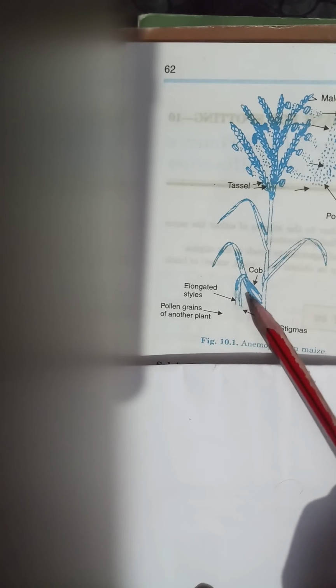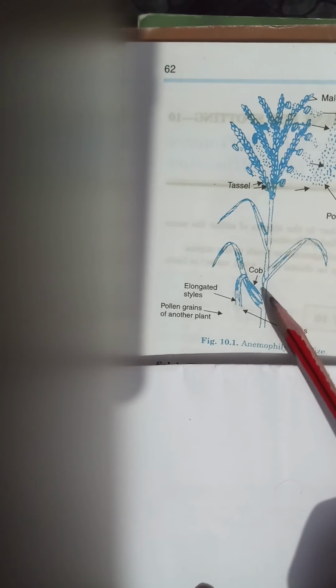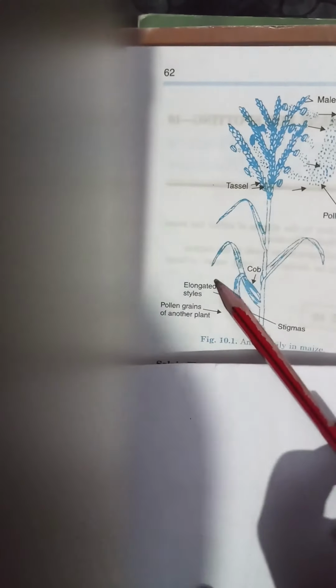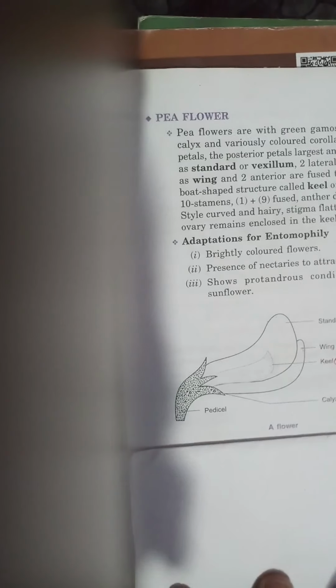Anthers are versatile and pollen grains are light, small and dusty. The pollen grains are produced in very large number. You can see large number of pollen grains are produced here in the diagram. And stigma is hairy, so it easily catches the pollen grains which are blown with the help of wind. And in this way, pollen grains reach from the anther to the stigma of the flower with the help of wind.